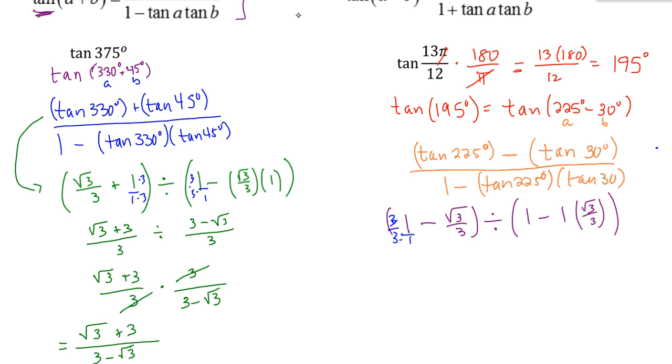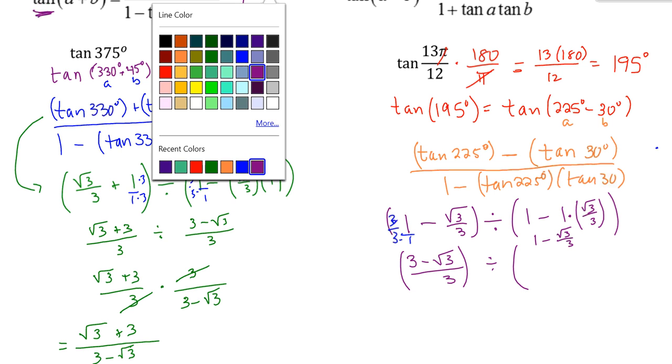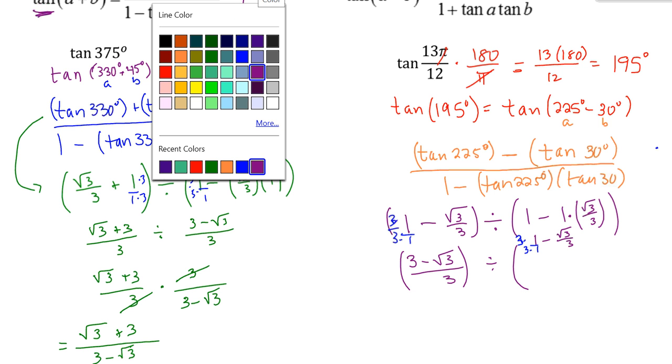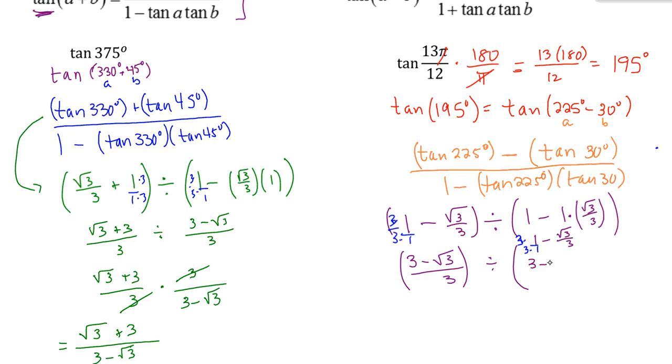So this becomes 3 minus square root of 3 over 3 divided by, okay, this is 1 times square root of 3 over 3. So that's really just 1 minus square root of 3 over 3. Common denominator. So I'm going to multiply this guy over here by 3 and 3, which gives me inside there 3 minus square root of 3